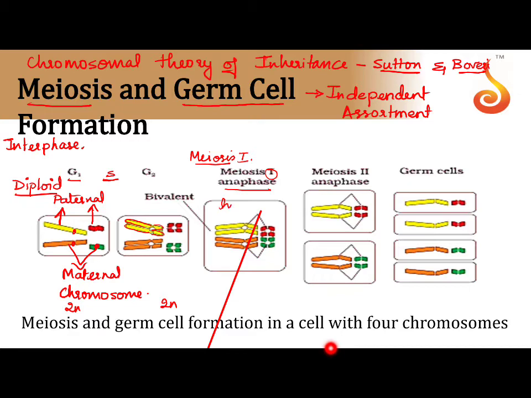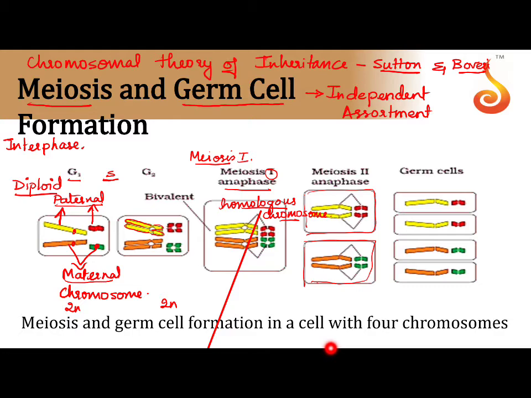In anaphase 1, homologous chromosomes are separated. What do you mean by homologous chromosomes? Now, if you remember, we started with maternal and paternal chromosomes. These are a set. This is a pair of chromosomes. So, in this case, the pair is being separated. So, after meiosis 1, you would see two cells, one carrying one set of chromosomes, the other carrying the other set. It is not necessary that all the paternal chromosomes go to one cell and all the maternal ones go to the other cell.